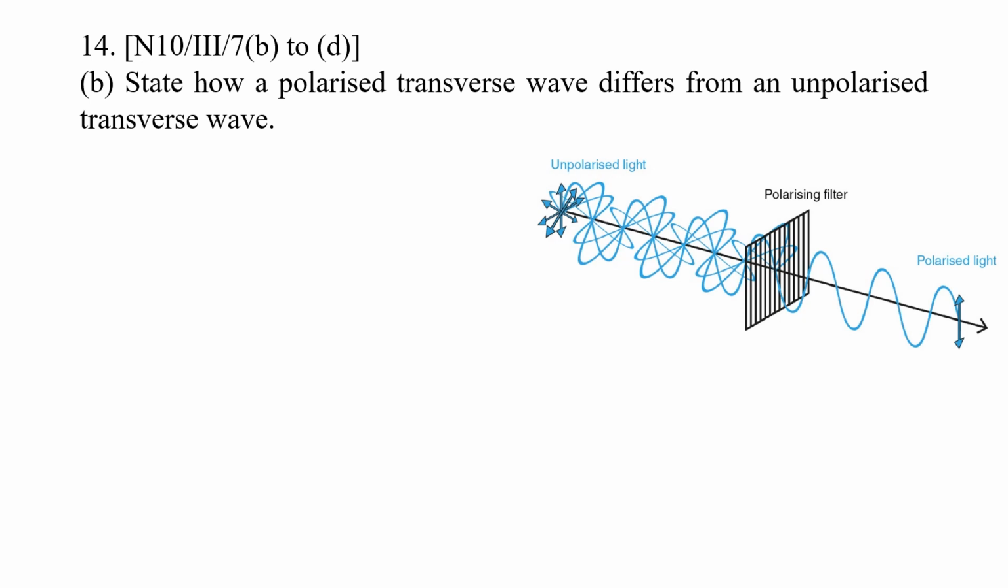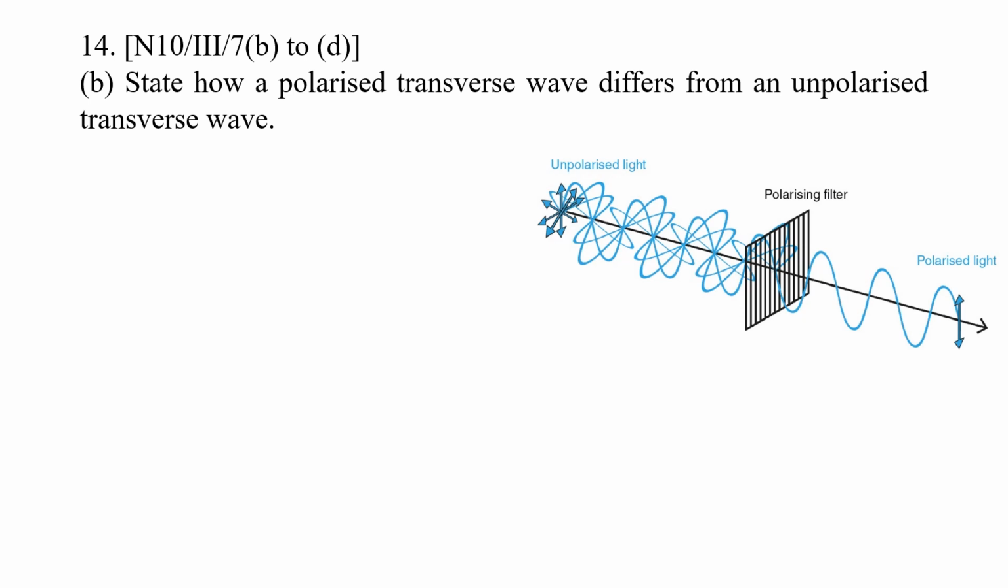So for question 14, part B, state how polarized transverse wave differs from unpolarized transverse wave. I have a diagram here that shows the concept of an unpolarized light passing through a polarizer, and after passing through the polarizer the light becomes